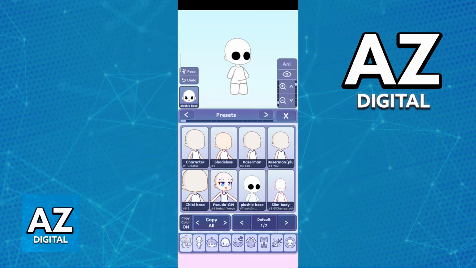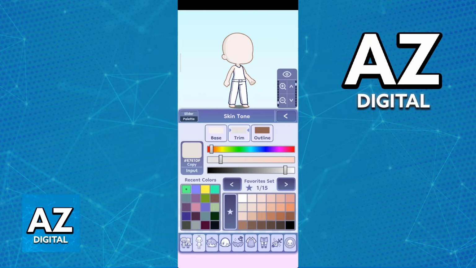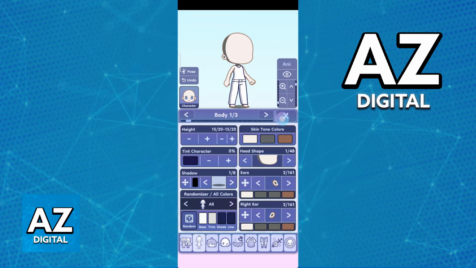So as you can see, you can use these presets to start building your character. They will have different body types, different proportions, and there is a lot to explore. Sadly, for this video, I cannot cover everything. You can tell by the amount of customization how much there is to do here. And sadly, for a video of this nature that is quickly going over all of these features, I cannot cover every single one in depth.